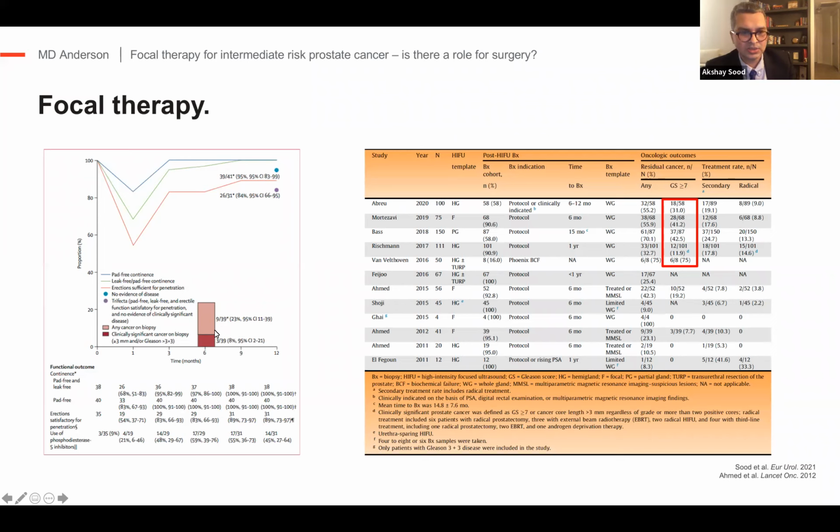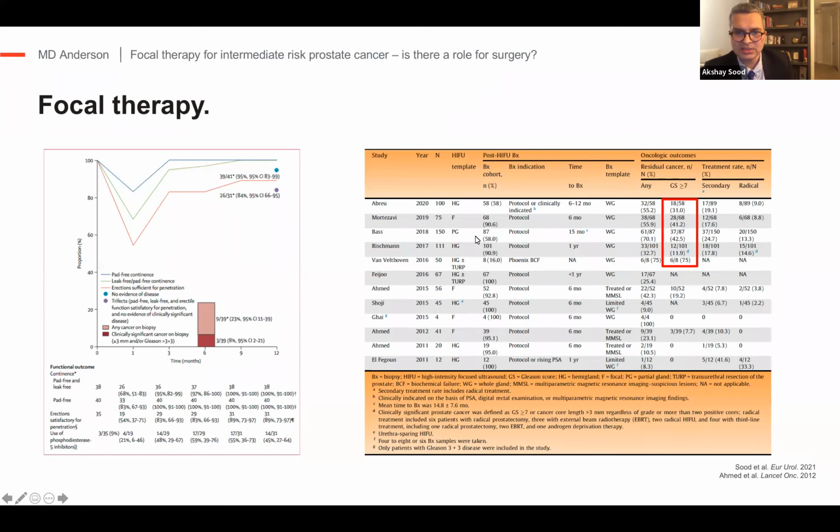What they also say here is that about 8% of the patients had clinically significant cancer recurrence within 12 months. But one caveat with this paper is that after treating the prostate cancer, they were only biopsying the lesion that they had ablated with focal HIFU. They were not performing systematic prostate biopsies. And I believe that's why the rate of clinically significant cancer recurrence was noted to be so low in this study. And on this side, we did a systematic or semi-systematic review of the literature of the key studies that were published in the last decade on focal HIFU.